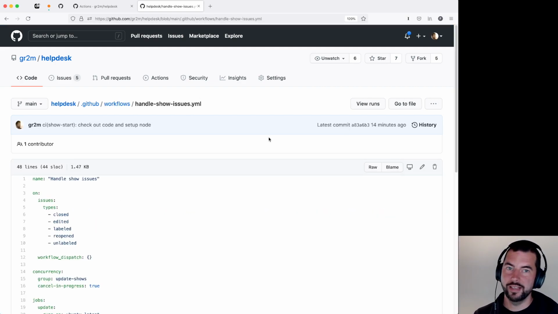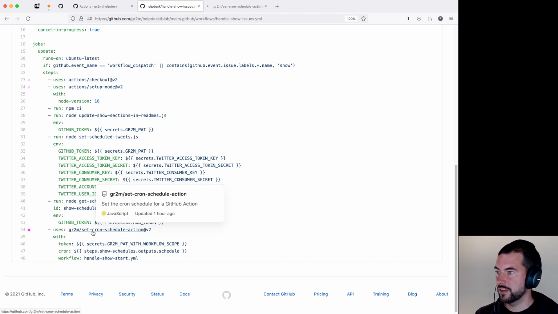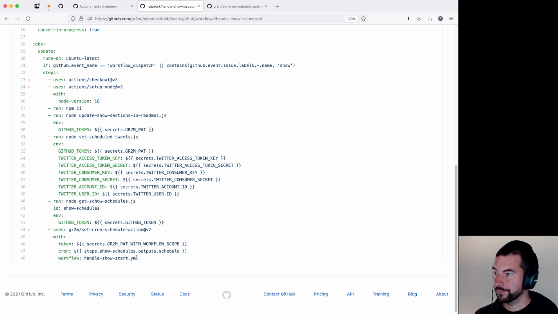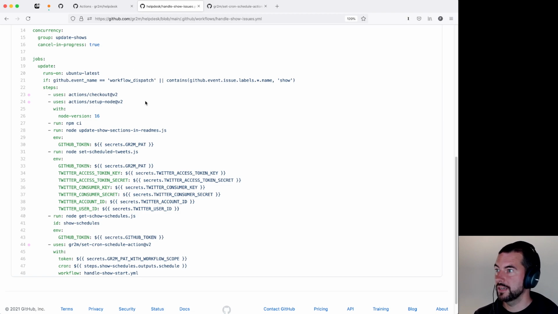The same way I handle the README sections, I now have an action called get show schedules, where I basically translate all open issues into these schedule expressions, and then use a new action I created, set cron scheduled action, where I pass a token, the cron scheduled expressions, and a workflow ID or name to automatically update